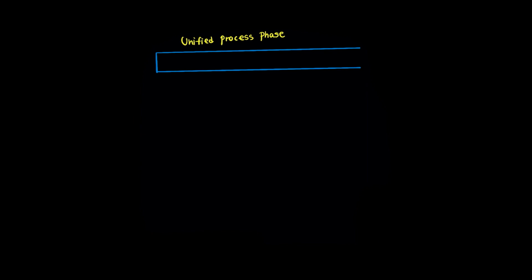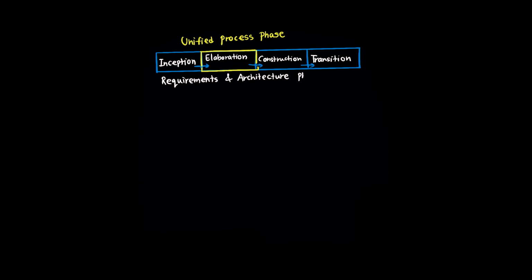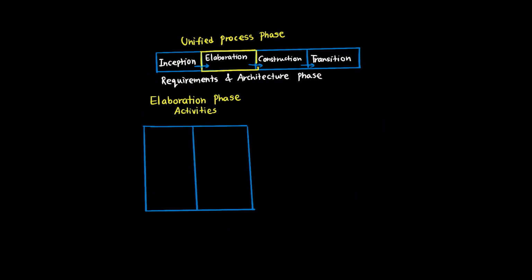To understand Unified Process Development methodology, we need to explore its 4 distinct phases and what happens in each. Unified Process divides projects into inception, elaboration, construction, and transition. The elaboration phase is where the heavy lifting of requirements and architecture happens. During elaboration, you move beyond the rough approximations of inception to really define the vision in detail, identify and describe